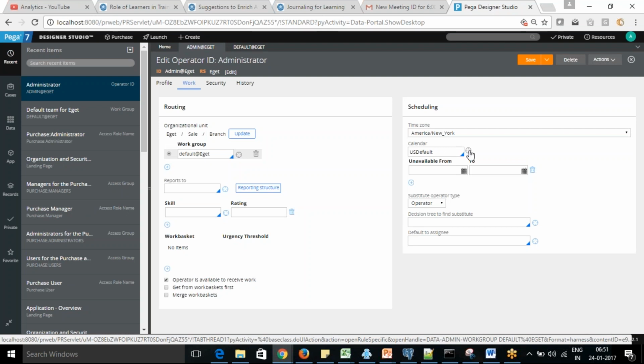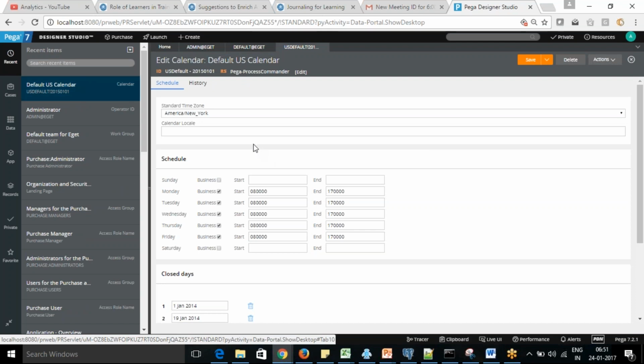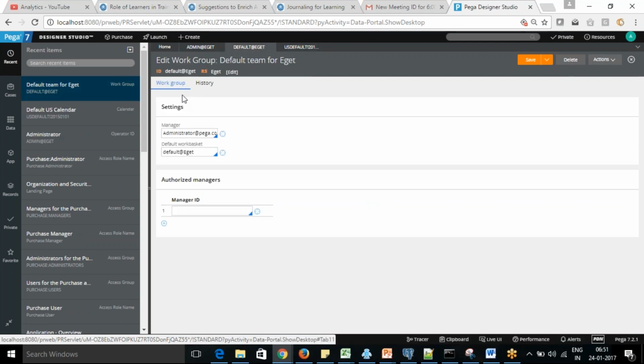And if you see the calendar rule as well, like we have the US operator role. Okay, we'll see about that. So this is what we call the operator work group. A work group can contain work from, as I showed in the first diagram, different units and different divisions. So if you want to create access, a user can access multiple work baskets at once. That's the feature of work group. Work from different units and other things you can assign to a single place. Okay.